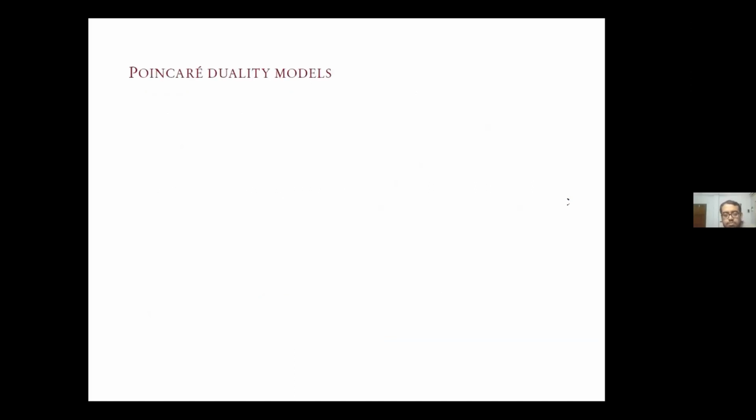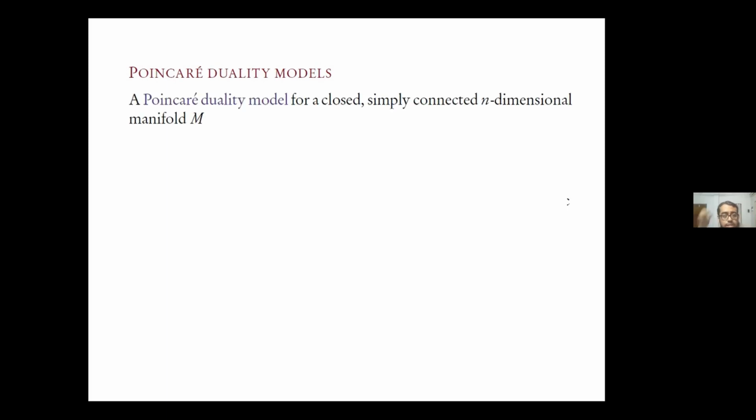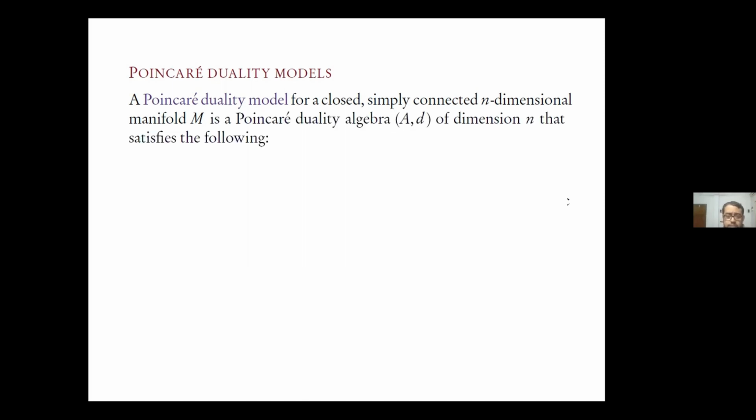Yeah, so I want to talk about Poincare duality models. So what are these? I'm going to restrict myself first to simply connected closed manifolds. Here, remember that for such a space, the dimension is the same as the formal dimension. They're both n. So a Poincare duality model for such a space is first of all going to be a Poincare duality algebra, but it has a differential. So it's going to be a Poincare duality algebra A of dimension n with a differential d, such that